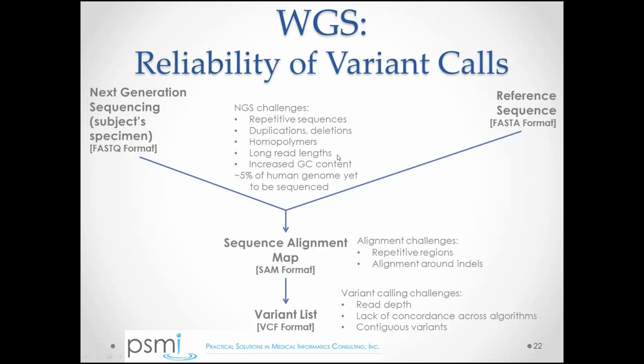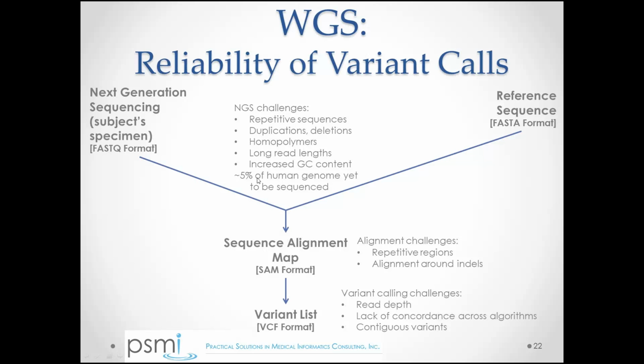Long read lengths can pose a problem, as can areas with increased GC content. And I think it's interesting to note that 5% of the human genome has yet to be sequenced. Despite the fact that people have published that we know the complete sequence of the human genome,